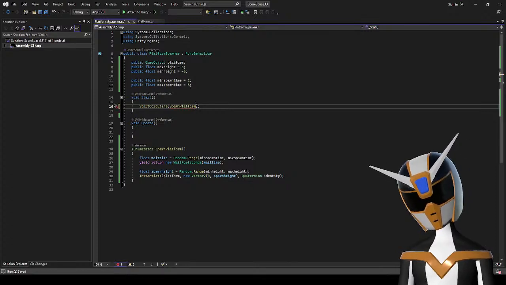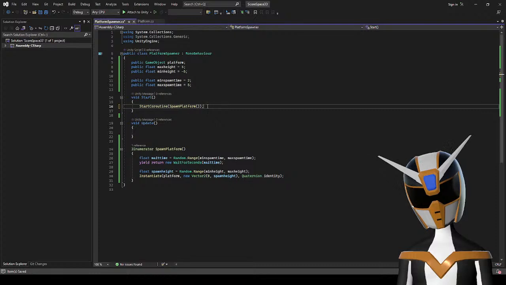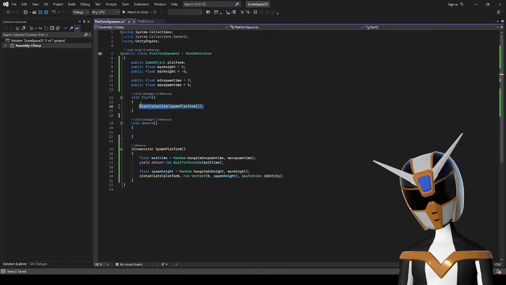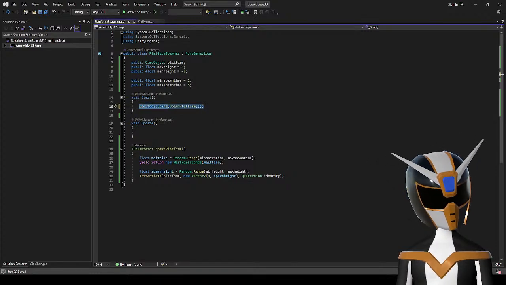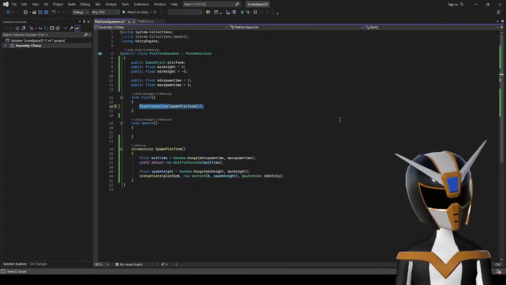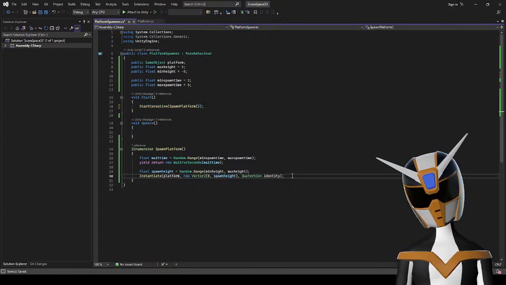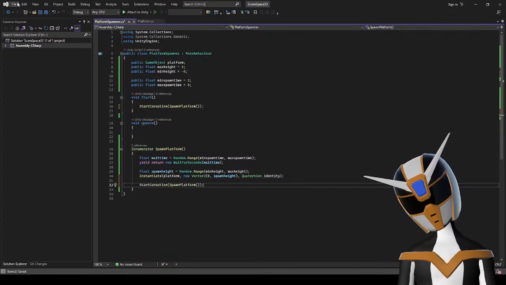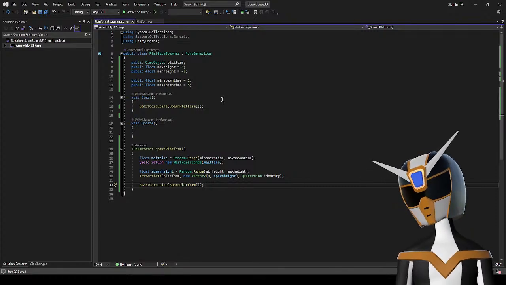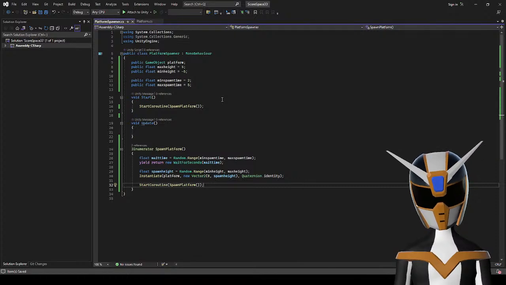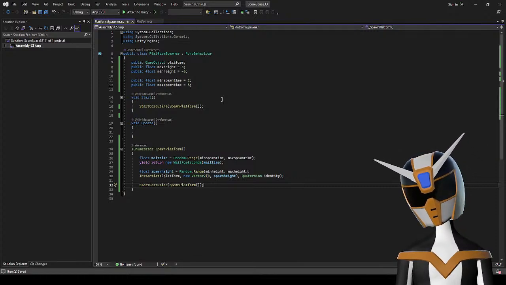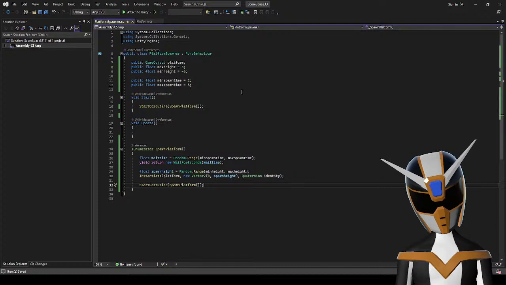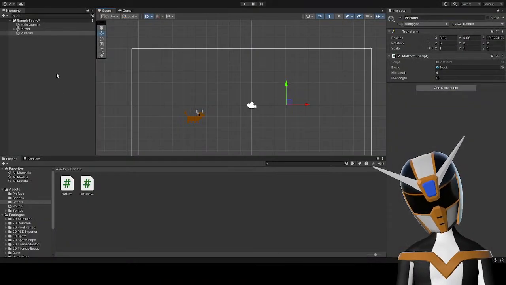Did I do something wrong? Oh yeah, got these brackets. And then let's copy and paste that down here to restart the coroutine. Okay, so theoretically, if I did everything right, this should spawn a platform every few seconds.